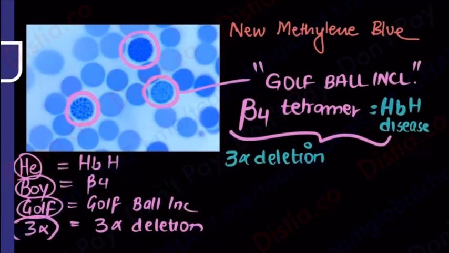With this picture being very, very essential, golf ball inclusions, he is a boy playing golf at 3 a.m. Very important. I hope you guys have understood alpha thalassemia and even thalassemias in general, which wraps up what? All your intracorpuscular defects are done. Membrane defects are done, enzyme done, hemoglobinopathy is done, even the acquired one that is PNH is done. All your intracorpuscular defects are done. Now you're left